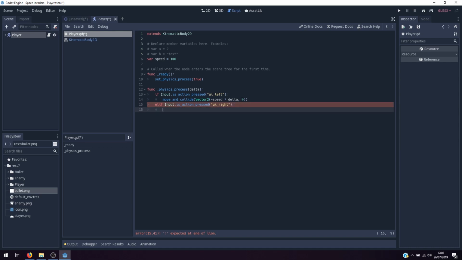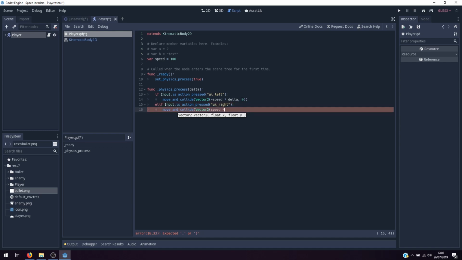Well, if it is, we want to say move_and_collide. This time we're going to pass a Vector2, and we're going to say positive speed, because we want to move right on the x-axis, which is a positive number, multiplied by delta. Again, we don't want to move anywhere on the y-axis, so we're going to say 0, close both of those brackets, and we're done. So if we press save there,